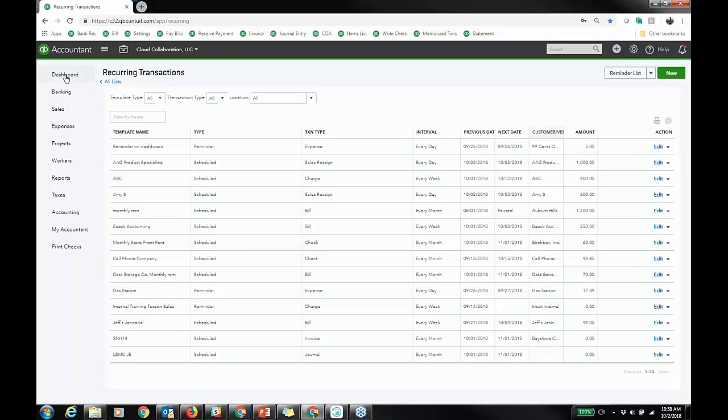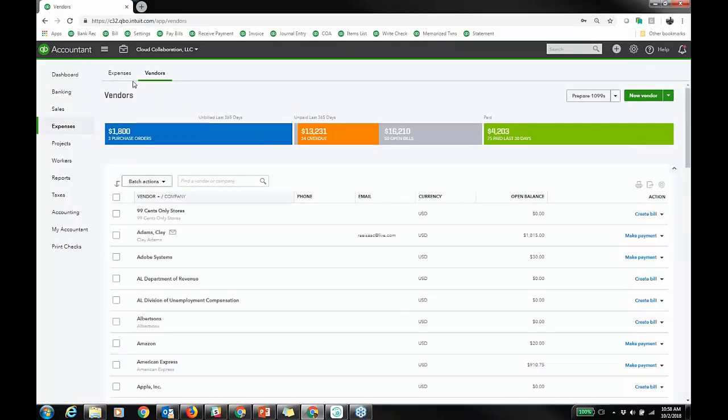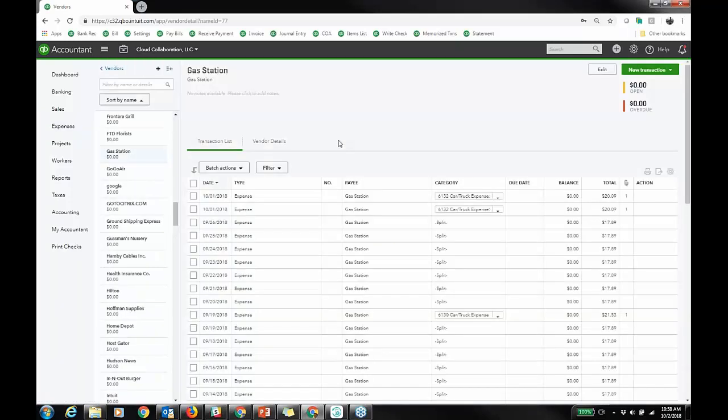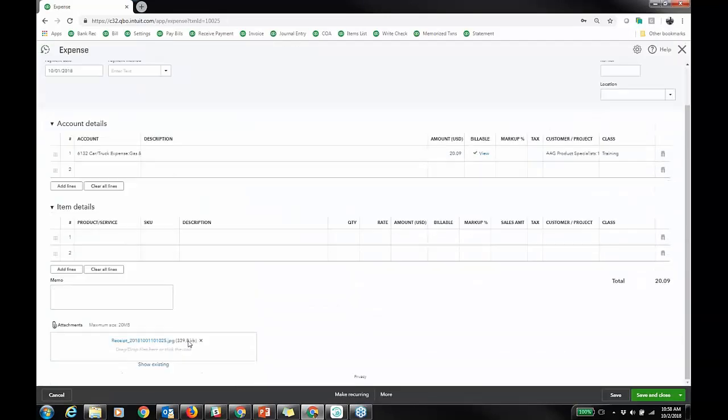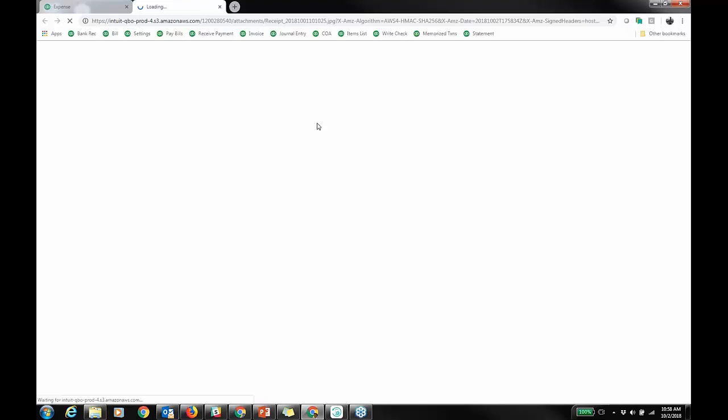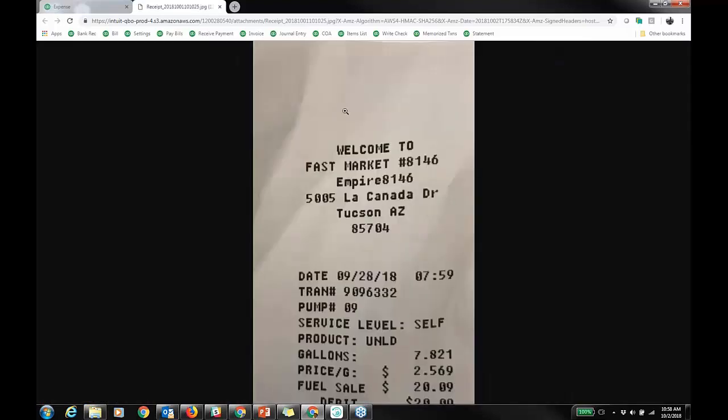But if we go to an expense in a vendor, and I look at the gas station, because I was doing this yesterday or the day before, gas station, look at the transactions, this expense here. Yeah, we did this on the 1st. See the receipt's attached. I took a picture from the actual phone. That's what it looked like, right? So doc attach